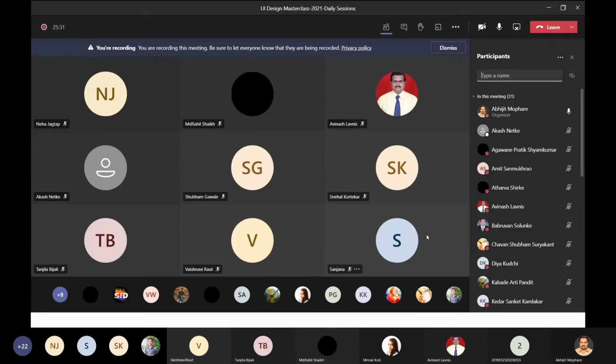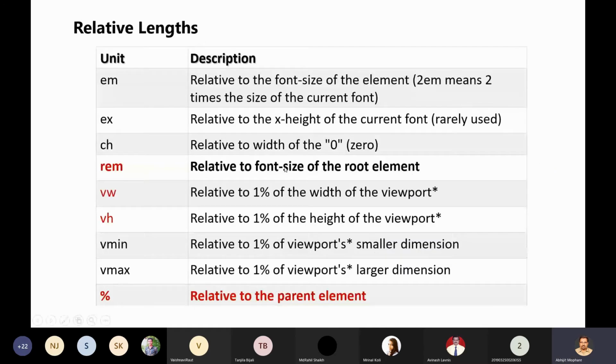So next, now these are the relative lengths. We have many relative lengths, but out of them, em, ex, ch, rem, vw, vh, vmin, vmax, and percentage, those which I have marked in red color are the only important ones that you have to remember.